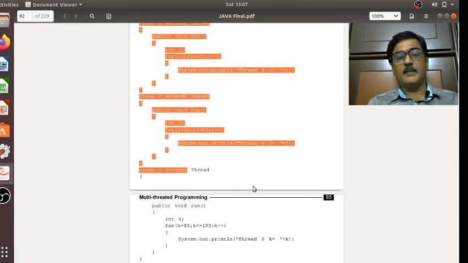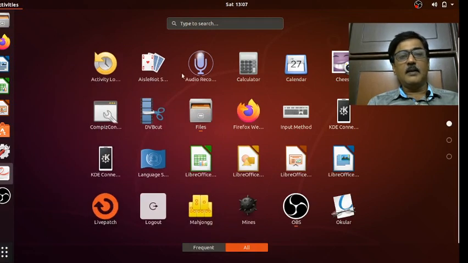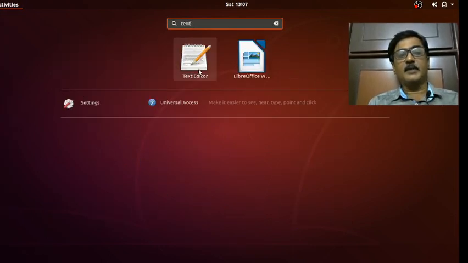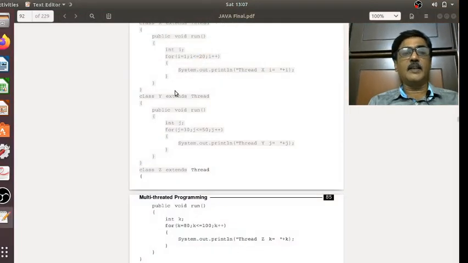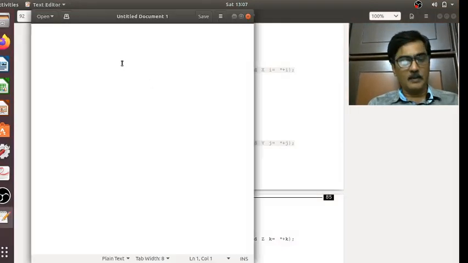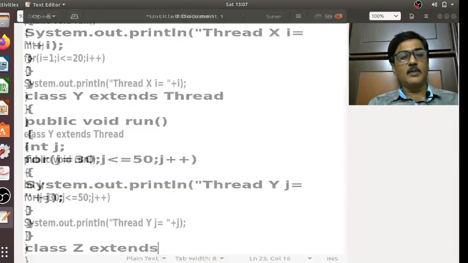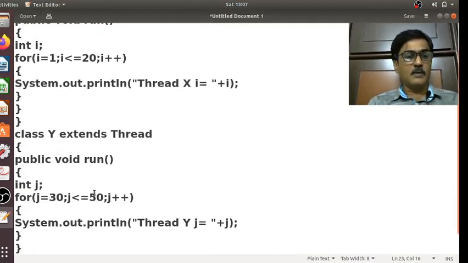So I am copying this program. I will open a text editor. Here I have gedit. I'll just type text. The default text editor that is present in Ubuntu is gedit. So here I am pasting this code. Then I'll come back.